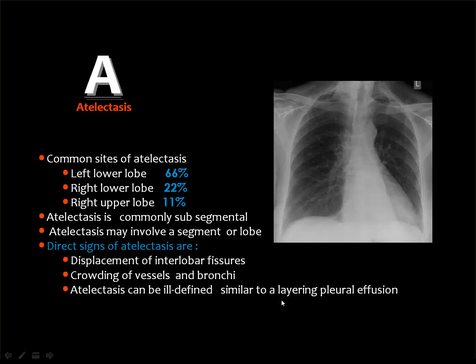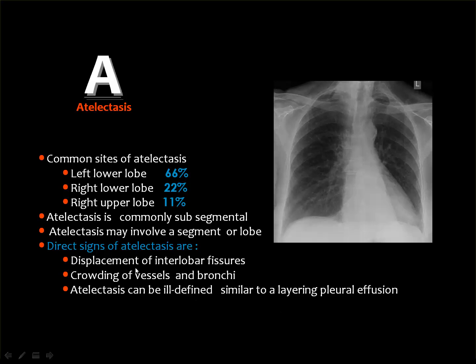Then these are the most common sites of atelectasis. The left lower lobe is the most common site, then the right lower lobe, then the right upper lobe. Atelectasis means that a part or a segment of a lobe is affected and is collapsed. And you remember from the early days, when the plain film was the only available modality for evaluation of intrathoracic abnormalities, we have been taught that the direct signs of atelectasis, meaning the loss of volume and resultant displacement of